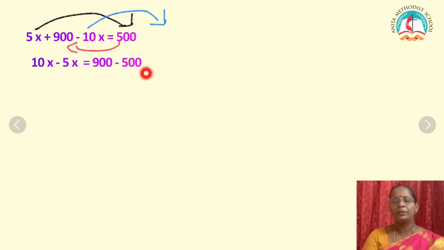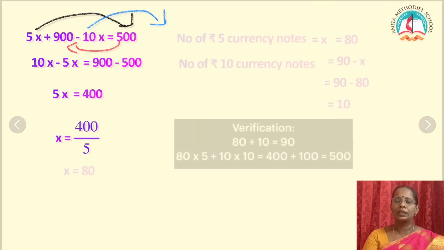So I'll repeat once again, children. I have 5x minus 10x on the left hand side. I want to take it to the other side. If I take it to the other side, it becomes 10x minus 5x. But instead of writing it on the right hand side, I wrote it on the left hand side itself. When you are taking these two variables to the right hand side, see whether there is any number on that side. You have the number 500, which you bring to the left hand side, which is 900 minus 500, that is equal to 400. So x is equal to 400 divided by 5, x is equal to 80.